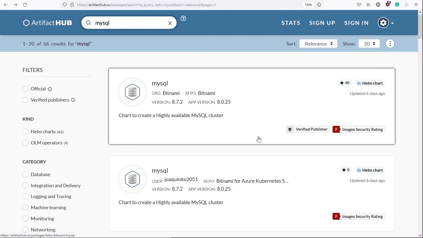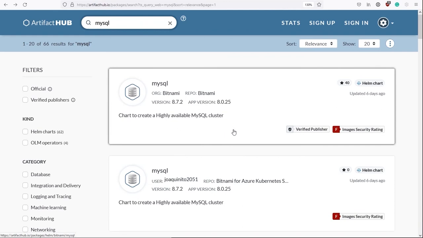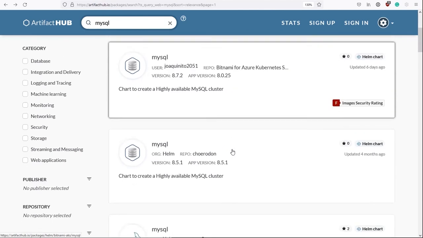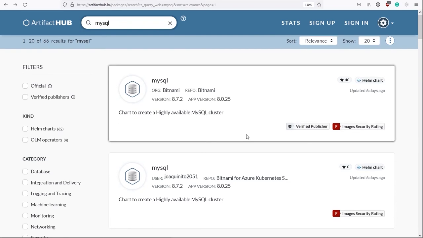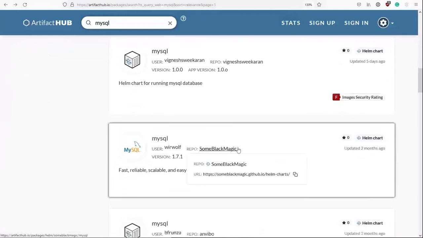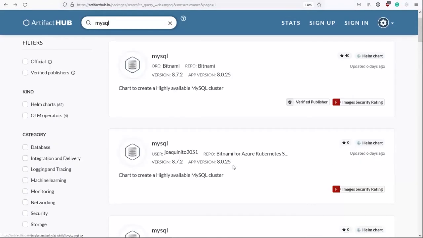If you're wanting to install a chart like MySQL, then I'm afraid the situation is you do have to find a repository that you know and that you trust. I'm sure T3N are a very trustworthy organization. You know, you don't know if they're going to be maintaining that repository. You don't know if it will still be here in a year's time. And so it does feel a little bit like the Wild West, in that there's a lot of different organizations setting up these chart repositories, but who knows how long they're going to be around for.